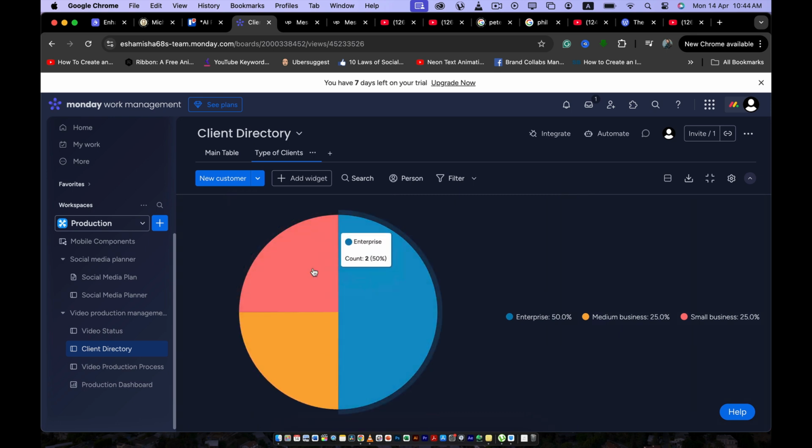And here it's going to give us a pie chart as well. Amazing, amazing. I'm just amazed how beautifully detailed it is, the way it gave us a pie chart. And here it is written the type of clients that we have. Like we have 50% enterprise clients, 25% medium, and 25% small clients. Moving on,